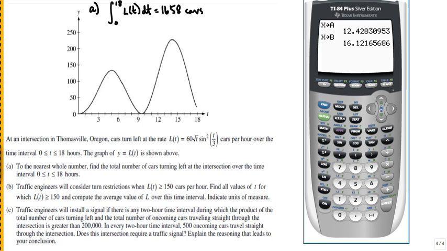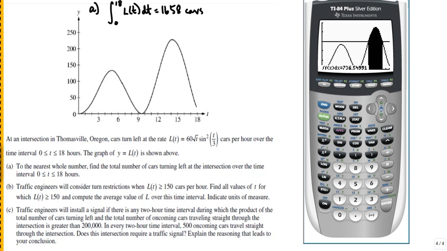Now what I do want here is to find the average value of L over this time interval. So I need the integral, so option 7, lower limit is going to be alpha a, and upper limit is going to be alpha b. Now I don't just want the stuff on top, I want the whole area underneath that curve there, because that gives me the total number of cars, 736, and I need to divide that by